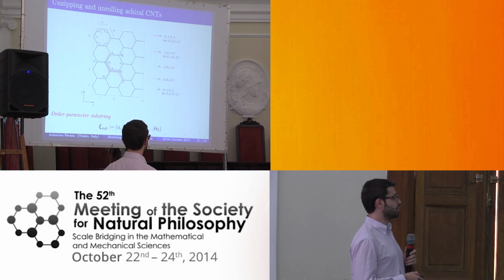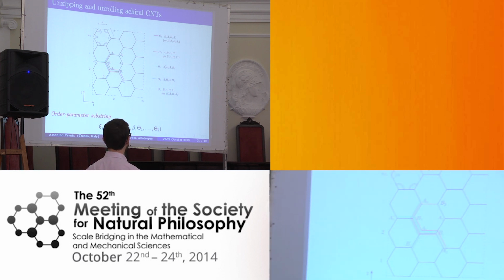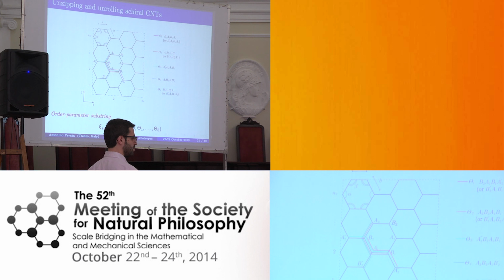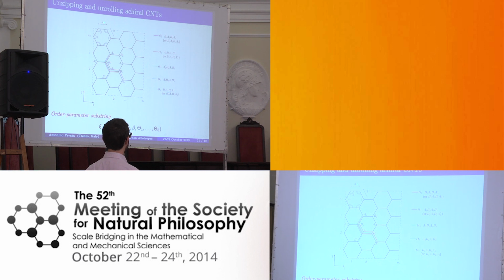Consider now a graphene sheet and the ideal rolling of this sheet. Because of the symmetry, because we are here in a chiral case, I just presented a very simple case. This can be easily extended to more complicated cases. We have two kinds of bonds, we call them A and B. A is in direction 1, B is in a skewed direction. Two kinds of bond angles, alpha and beta. Alpha is between two B bonds and beta is between an A and B bond. And we have 5 types of